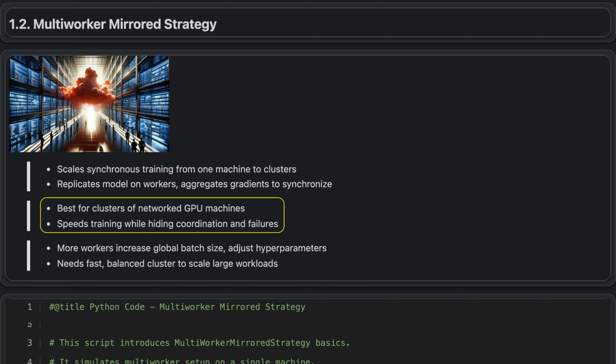MultiWorker Mirrored Strategy is designed for clusters of machines connected by a fast network, such as GPU servers in a data center or cloud. It lets you train large models like computer vision or recommendation systems by spreading the work across multiple GPU nodes or workers. This reduces training time, while the strategy handles coordinating workers and synchronizing gradients. As a result, the overall training process stays similar to training on a single machine, but scales to much larger